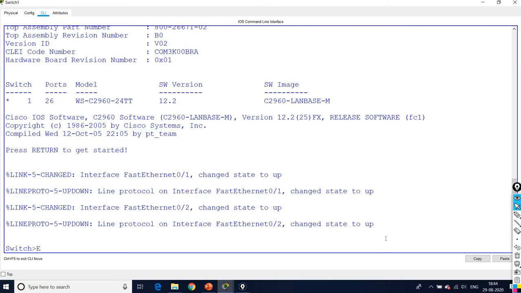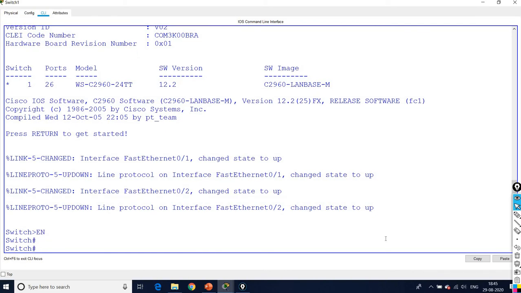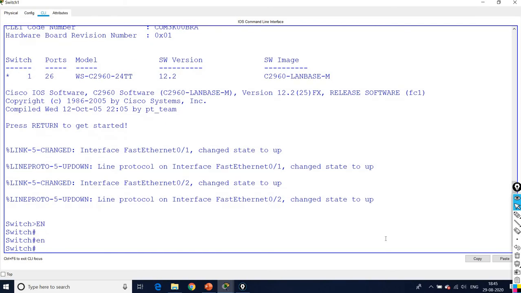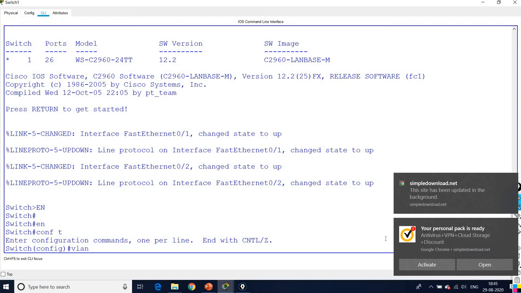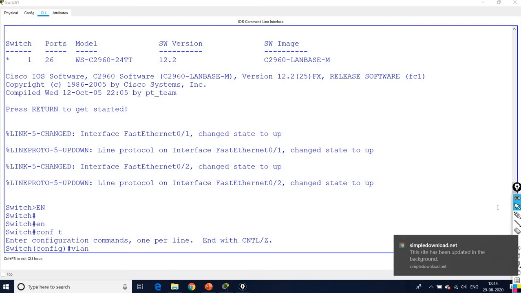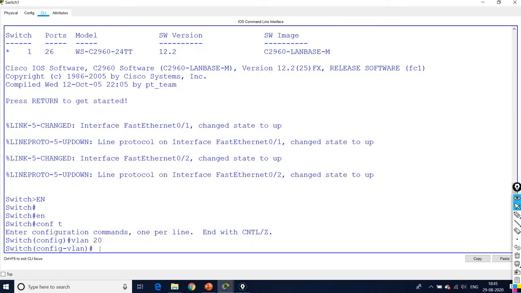So enable, config t, already in enabled mode, and vlan 20.